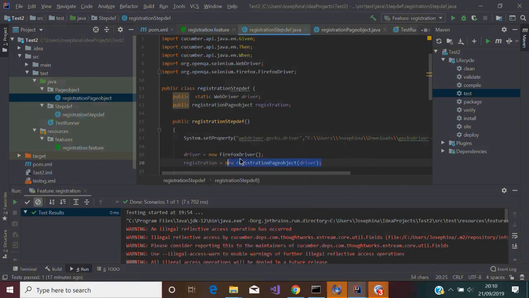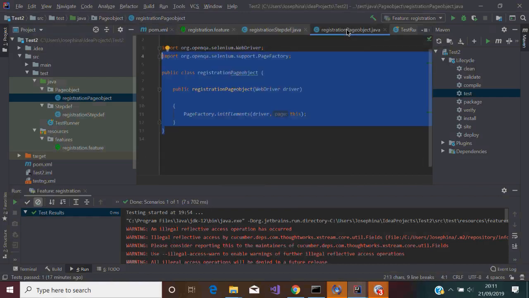Sorry, let me just highlight so you understand. So this code here that I've written, I pulled it from here as well. So these two are linking together to call everything I write in the page object. So that's basically that. All I then want to do now is just to make sure that what we wrote